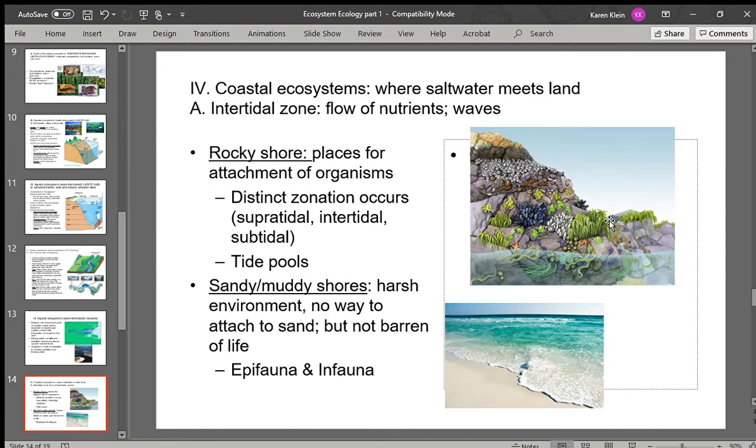Now, the difference here is that in a sandy shore, you're not really able to hold on to anything. If you've ever held on to sand as an animal or a plant or an algal species, you can't root into sand and stay there. So you wind up having some animals that burrow underneath the sand that live right in this area where the ocean meets the land. I know in the New Jersey area you have little sand crabs. Further down south you have coquinas, or little clam shells that you see, and then you see the shore birds walking along that area and poking their beaks in